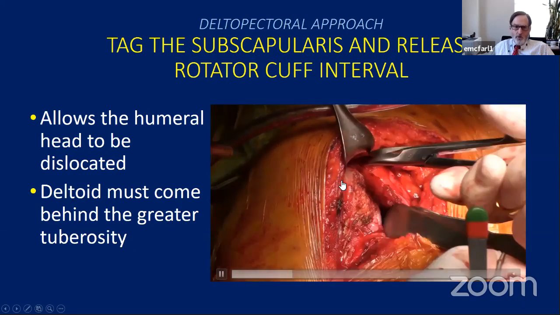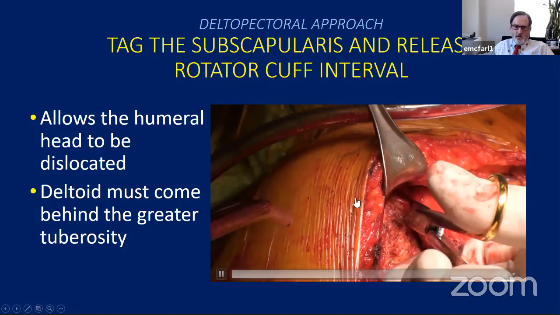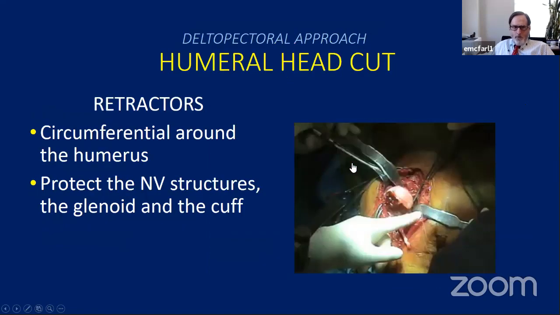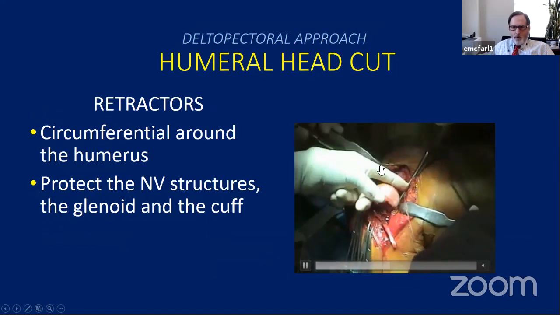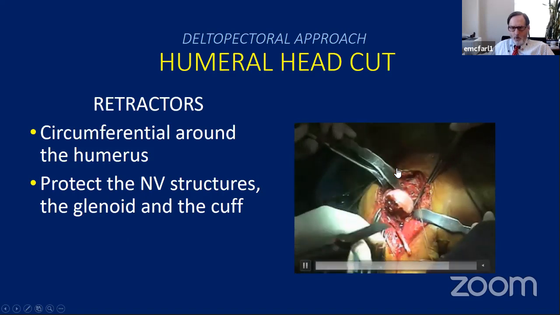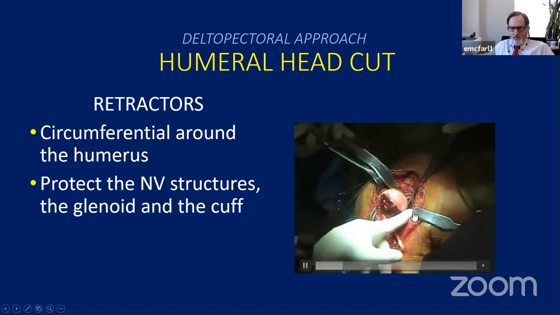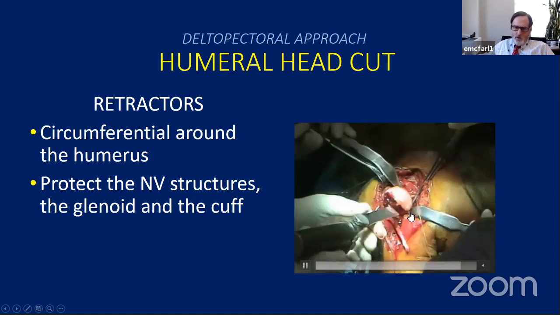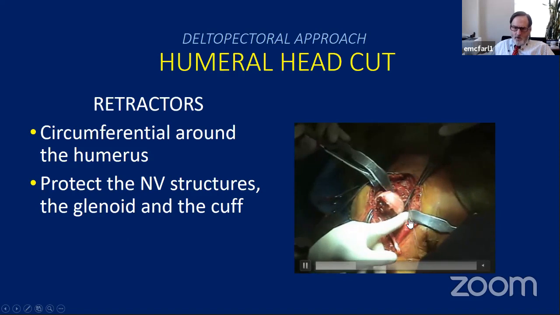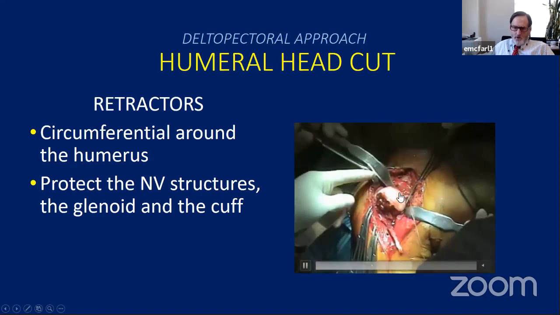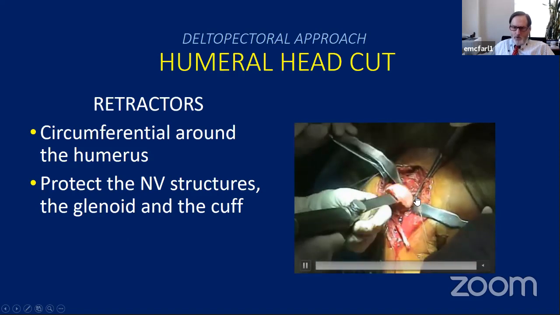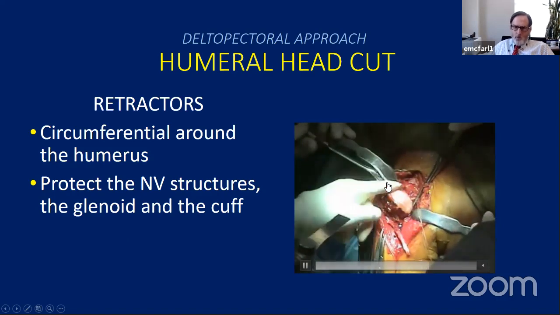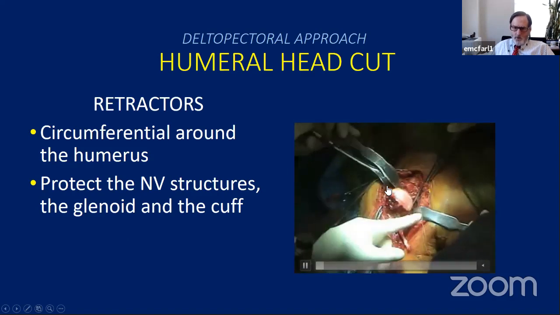So like I said earlier, if they don't have a functioning rotator cuff and you mess up the deltoid, then they're not going to be probably very happy. So as far as making the humeral head cut, I do a little bit of legal work in the United States, and about the only time the axillary artery ever gets cut is right now. And so I always put a retractor inferiorly to protect the brachial plexus. I put something behind the humeral head, so if you do in fact go too deep, you're not going to get all the neurovascular structures. And one up here to protect the deltoid.